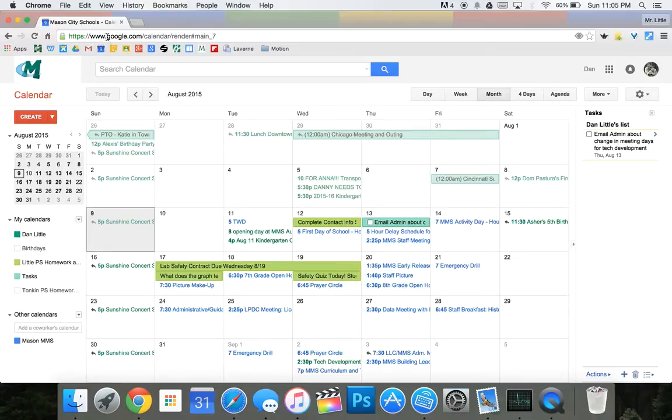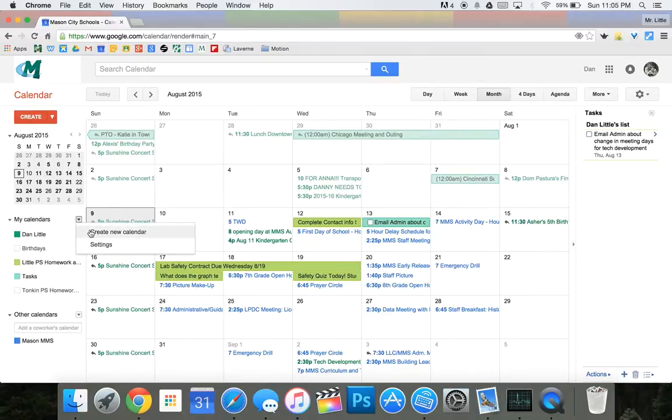So you can either type in google.com/calendar, you can click your bookmark that you have for that, or you can go to the app and click it there. Either way, you need to get to the calendar. Once there, you're going to find where it says My Calendars, and you're going to click this little arrow guy